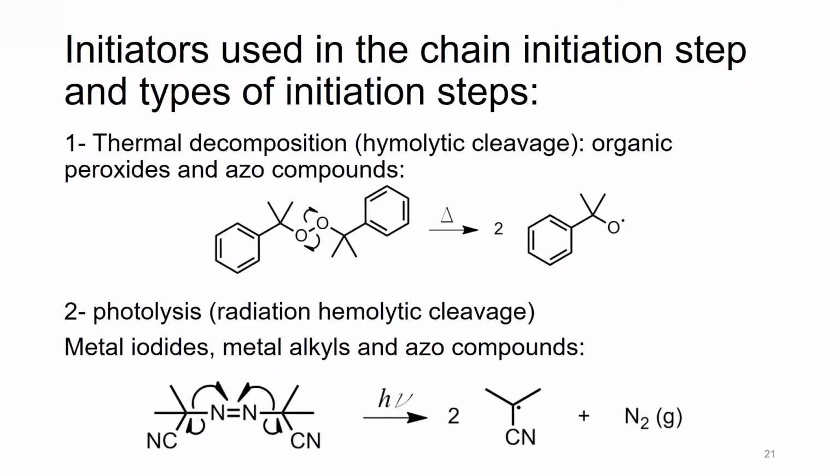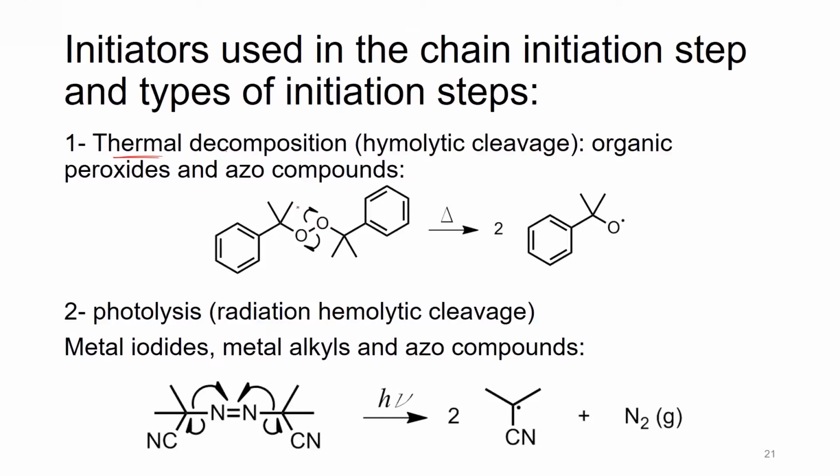Now, for the chain initiation, we said that we need an initiator in the free radical polymerization, and here are a few types of initiators that we can use, and the types of initiation we can use to form radicals from those initiators. The first method of forming radicals is through thermal decomposition, and usually homolytic cleavage happens,